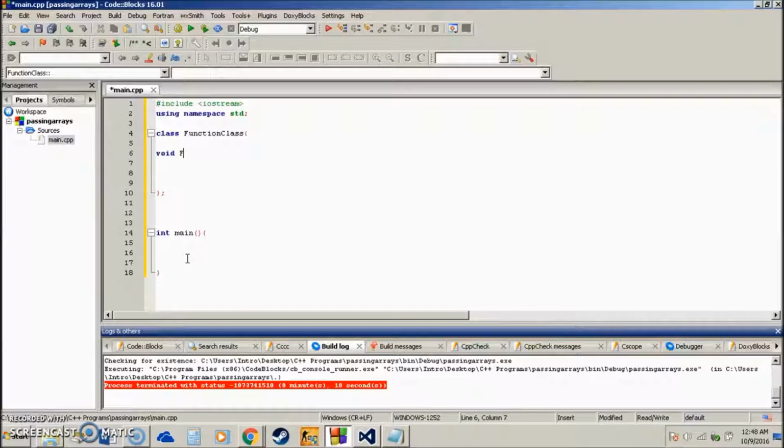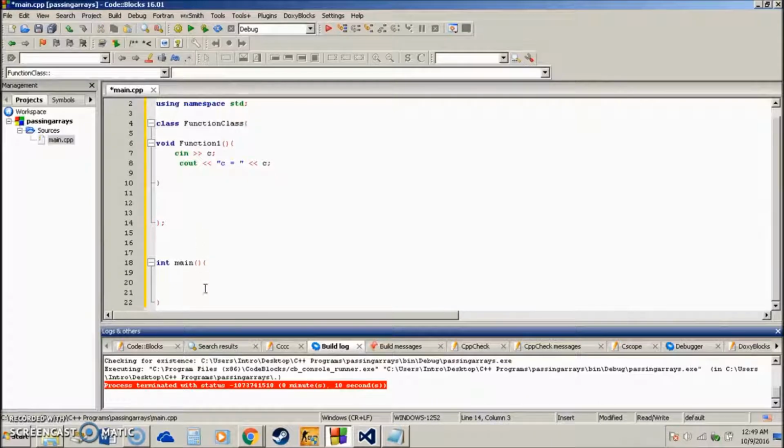So as you know, we can have functions with parameters, without parameters, and then I can just take some input, and then output it back to the screen. So like this. So basically we have a function, and it's inside a class,